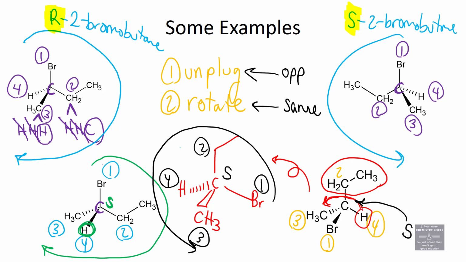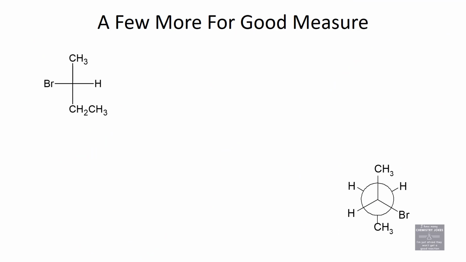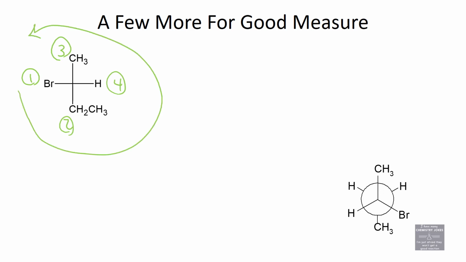So we just spent a while talking about 4 perspective drawings. What about when they're in a different orientation? Remember, this one up here is called a Fischer projection. I can put my same priorities around there because it's still 2-bromobutane. You would think we've beat this dead horse enough, but not yet. Put my same priorities around there, and I try to go 1 to 2 to 3. It looks like S, but